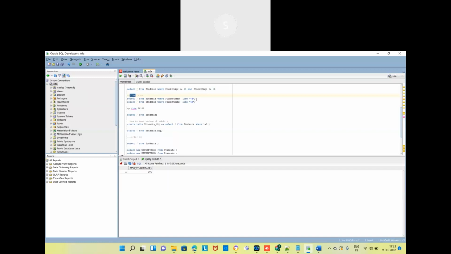Okay, let me just fire this to show you the result. So now here, notice, we are searching if the student name has the last letter as a. And in the same way, if the student name